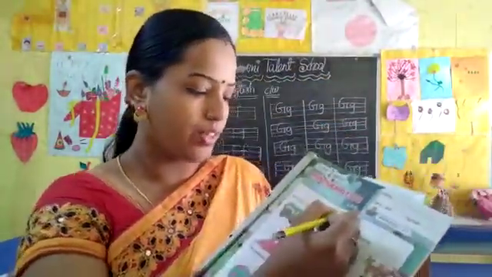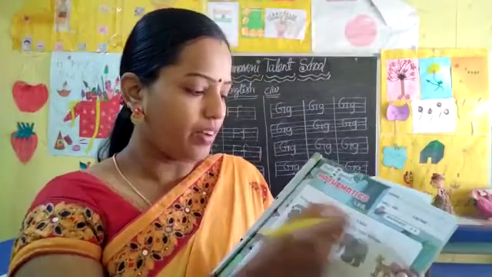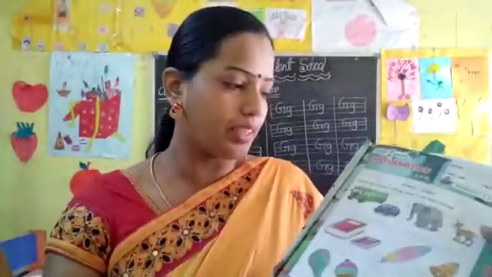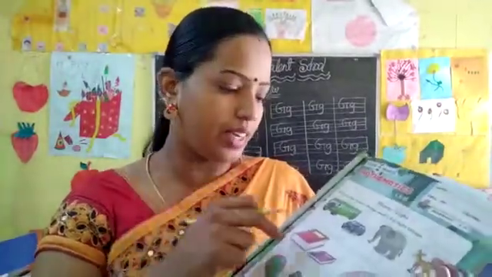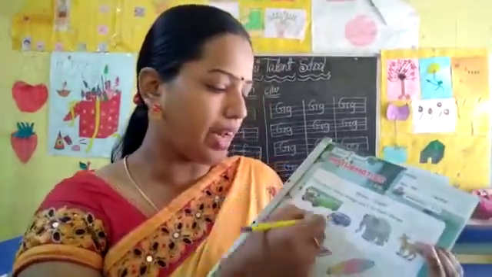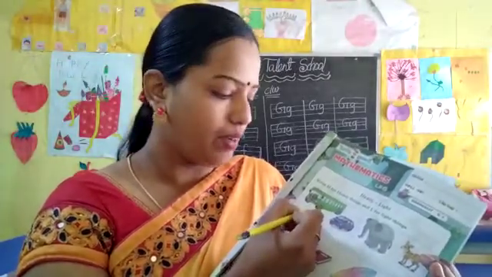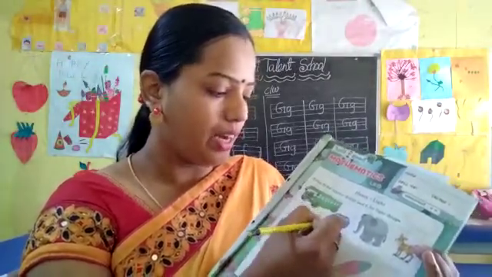This is also classwork for your children. See here. Write H for heavy things and L for light things. Heavy बोल तो ज़्यादा वजन रहता है. Light बोल तो हल्का वेट रहता है. ऐसा. Here see bus and car. Which one is heavy? Bus is heavy and car is light thing.